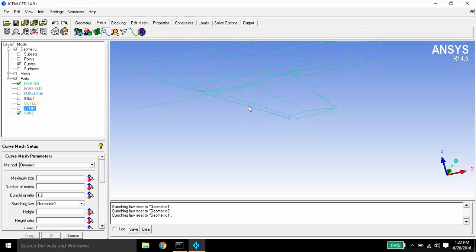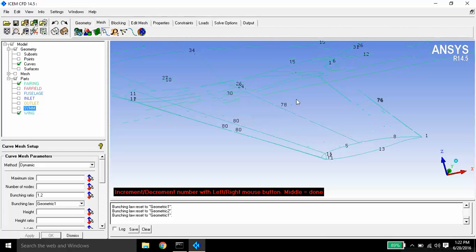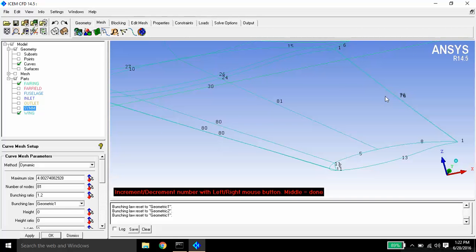Now we need to make the number of nodes at the leading edge and trailing edge equal. So here it is 80, so we'll make it 80 here also. Here one shared node is there this side and this side, so we'll make it 78.